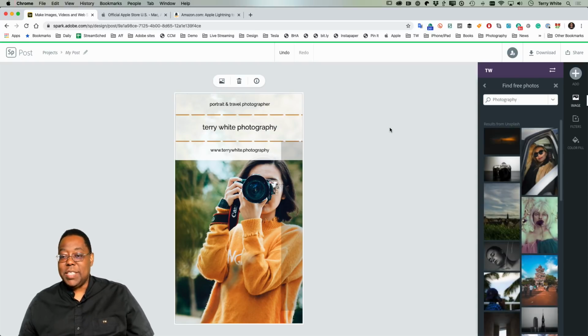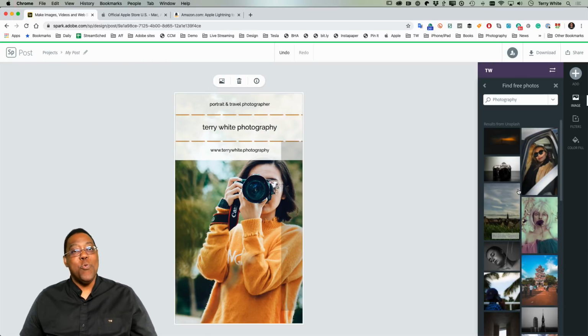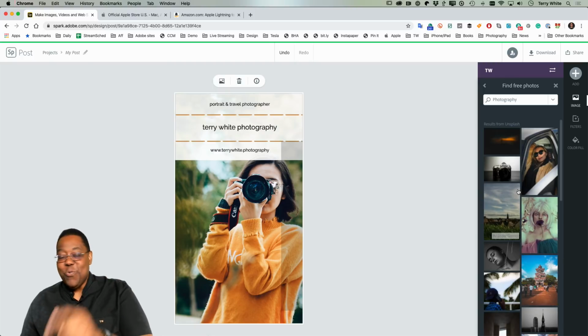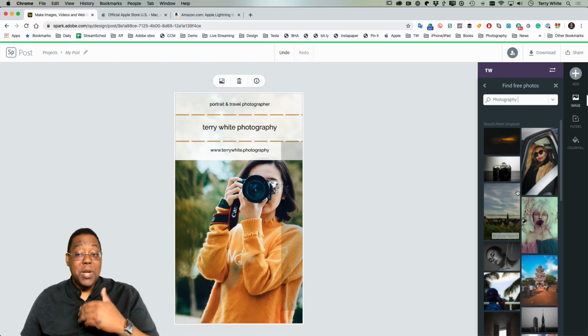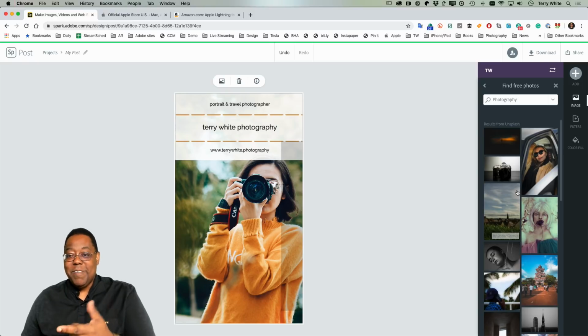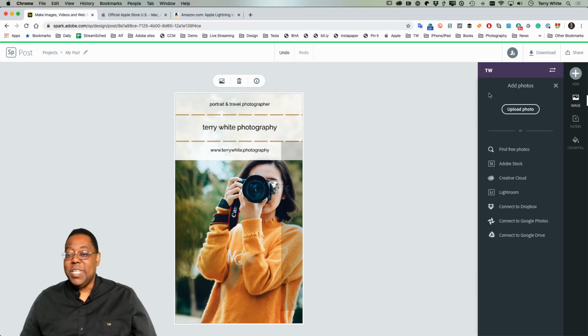So if I click replace, it brings up stock photos. And if you were designing this for anything else and you weren't your own photographer with your own images, you'd welcome this. You'd say, oh, great, give me some pictures to use. And these are all royalty free. These aren't Adobe Stock, meaning you have to pay for them. Anything you use in Spark, any images that pop up, we've already granted you the right to use them for your social posts. But since we're photographers, we don't need these. We have our own. So I'm going to click back out of the find free photos, and this is where